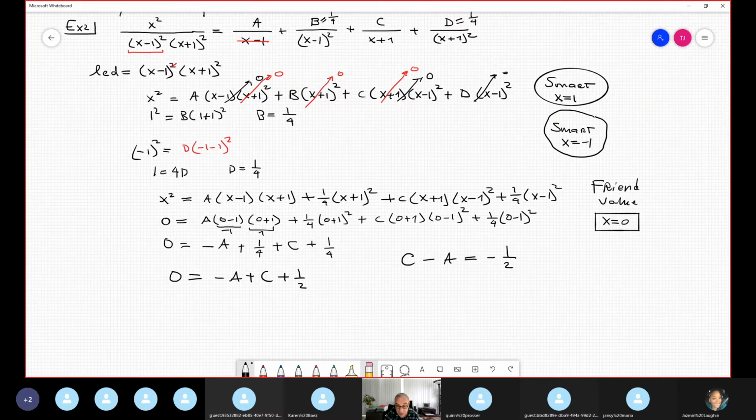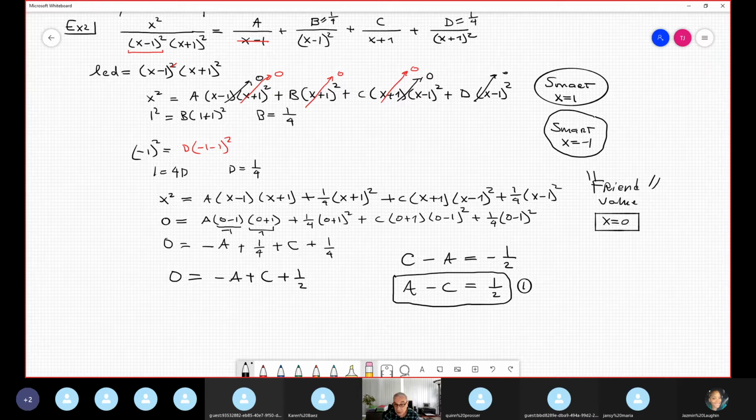So you change the sign, A minus C is equal to positive half. Okay, I keep this as the first equation. This is the frame value. It doesn't directly give me the answer for the coefficients A, B, C; no, it gives me a relationship between two factors. Therefore, you consider it like one equation, no? So using another